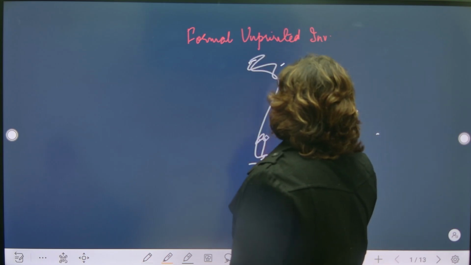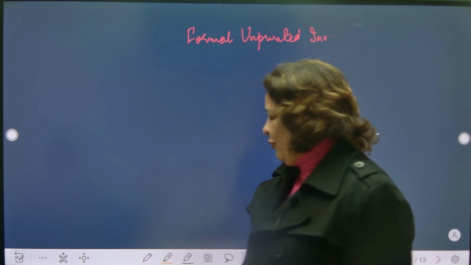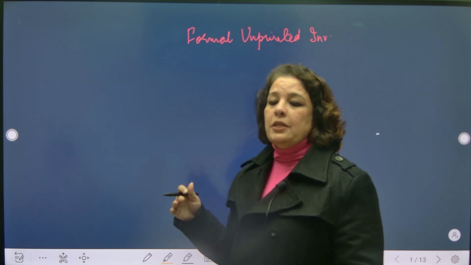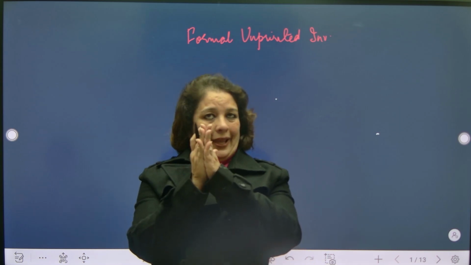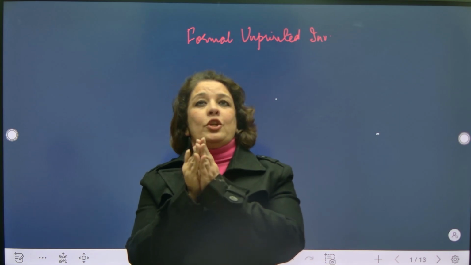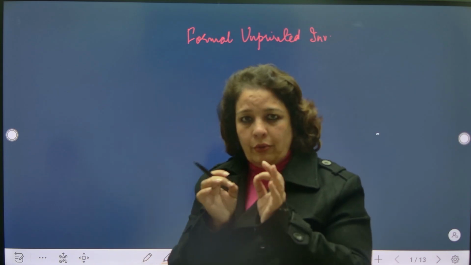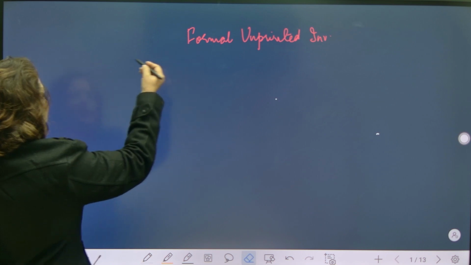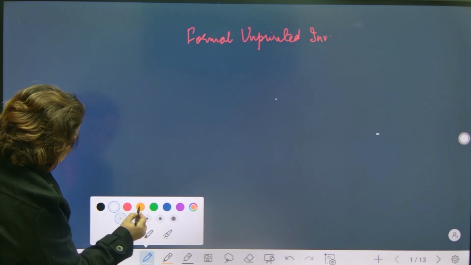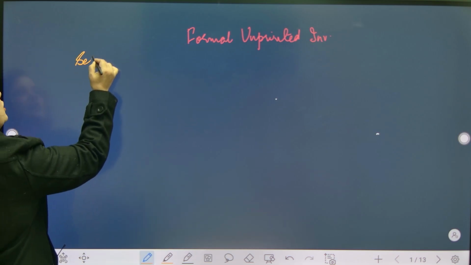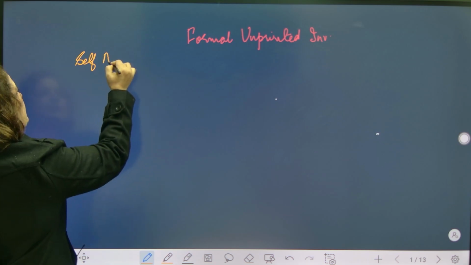It has to go in a letter format. Whenever you are doing a letter format, be very careful. Everything should be on the right hand side. You have to fold a page. You have to create an impression of a margin. You don't have to draw a margin. You have to create an impression of the margin for writing the letter. First of all, from the left hand side, we will start. We will write self-address. Generally, it is called sender's address, but I'm more comfortable with this word, self-address.